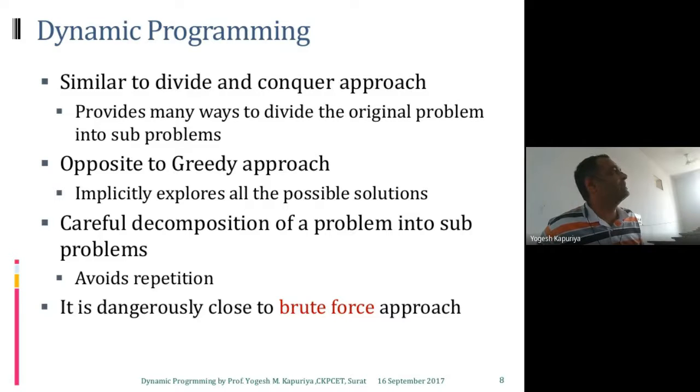The classical example is that let's say you want to crack a 6-digit numeric password. Then there are 6 digits, so you explore every possible combination. That is called brute force. Whatever comes in between these two numbers, you try everything. That is called the brute force approach. So any approach should not be similar to the brute force approach. This has actually a potential to go into that particular domain, but if you write it carefully, then you will not go into that. So that is what it means.